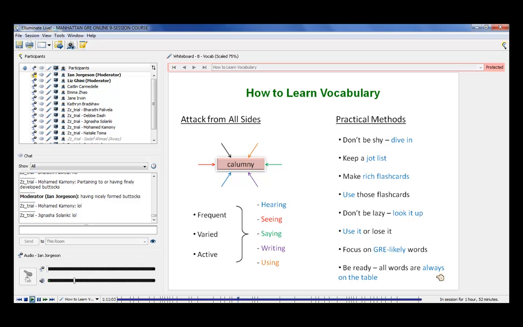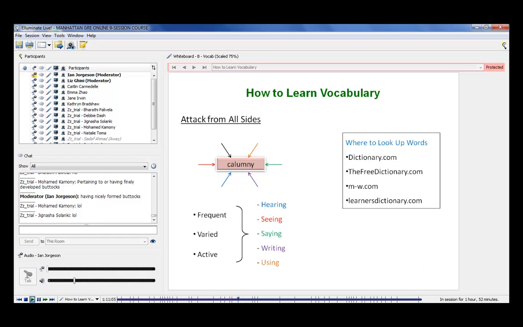All right, so one final thing is look those words up. There's a couple of really cool places to go online these days. Dictionary.com, of course. Merriam-Webster is M-W. TheFreeDictionary.com. I really love this. I just started looking at this site, but LearnersDictionary.com is designed for people that are learning English as a second language. It's designed to help them learn vocabulary. But what it does a great job of is showing how words get utilized in sentences